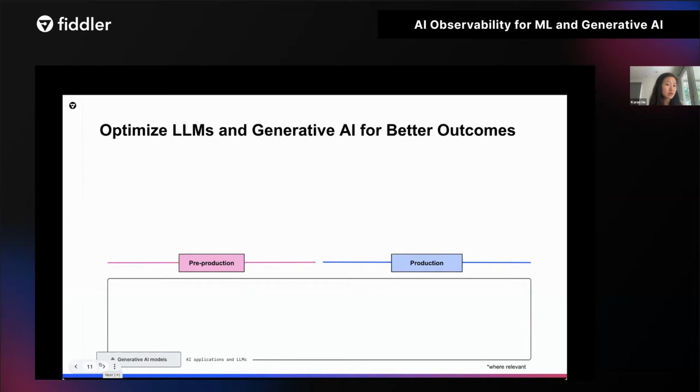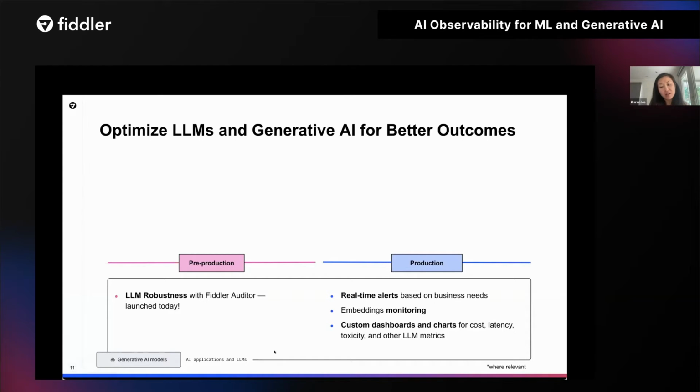Now, let me walk you through how we support generative AI models. The workflow is similar to how we support predictive models, but the way we do it is quite different due to the nature of LLMs and generative AI models. Before production, we help test the robustness of LLMs with Fiddler Auditor, which is launched today. We just made an announcement earlier, and Amal is going to walk us through how we would do the robustness testing. Once the LLMs are tested for their reliability and stability, we then put them into production.